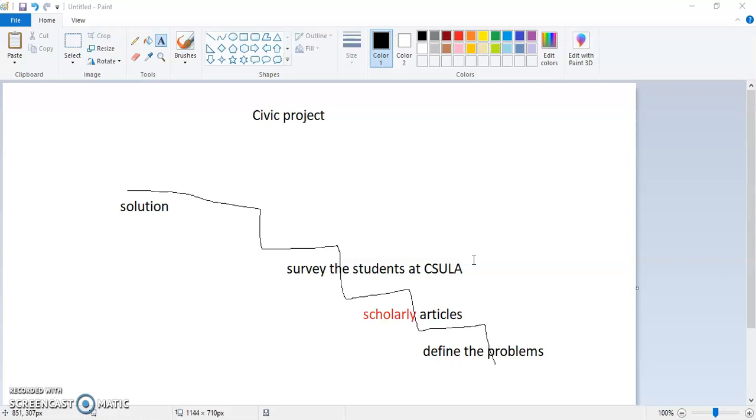You can ask them for possible solutions as well. And by the way, you can change the solution along the way. When you get to here and you find a better solution, it's perfectly fine for you to change what your